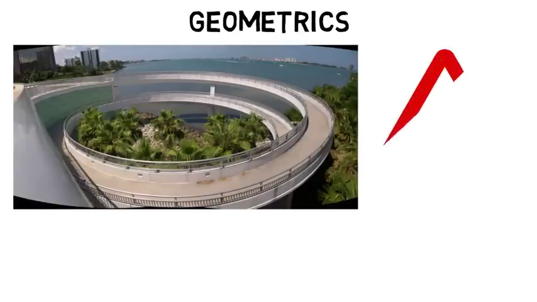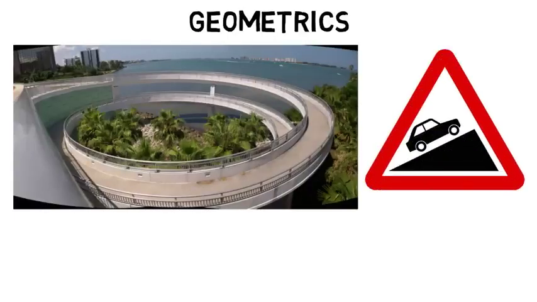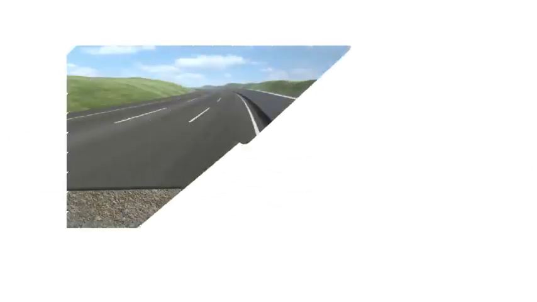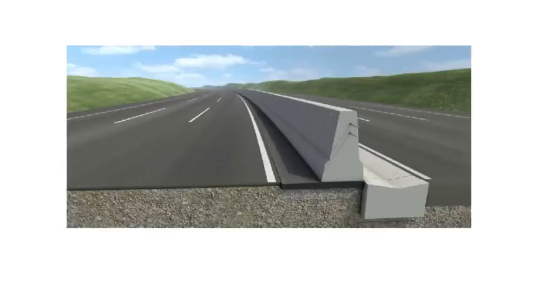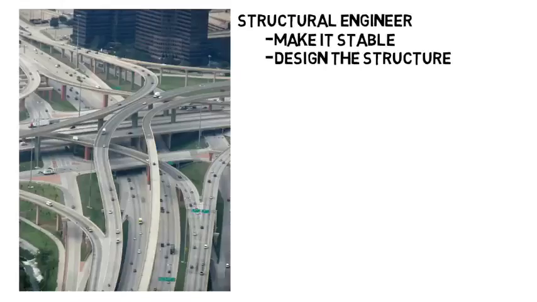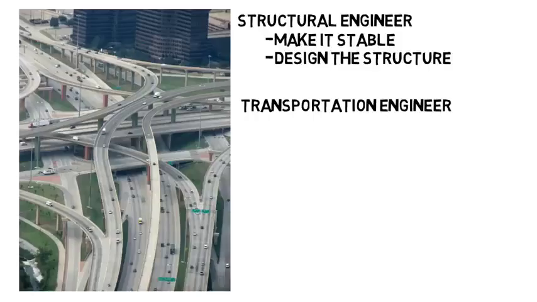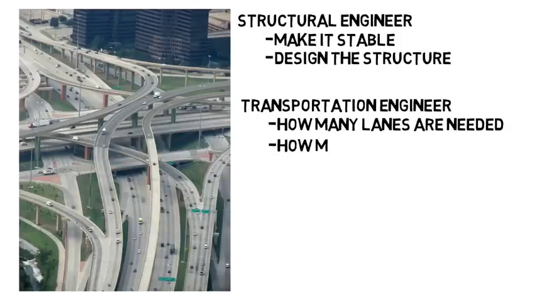Or if they're going up an incline, the driver needs to see far enough ahead of them to stop if there's a sudden obstacle. Or what do the cross sections of a freeway need to be for the lanes and the shoulders to accommodate the amount of traffic that's expected? Or let's say a highway interchange is being designed. A structural engineer would make it stable and design the structure itself, but the transportation engineer would determine maybe how many lanes are needed for the interchange based on traffic, or how the merging should happen to maximize safety. They make sure that the layout is designed to maximize traffic flow and safety rather than the physics of the